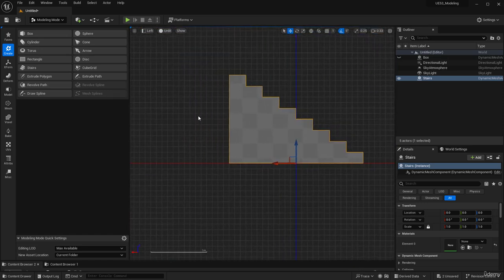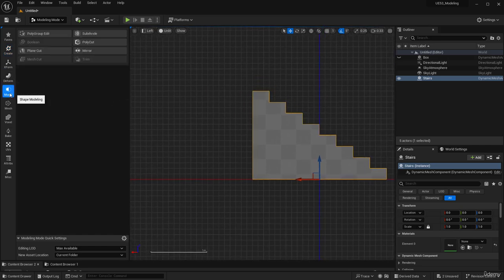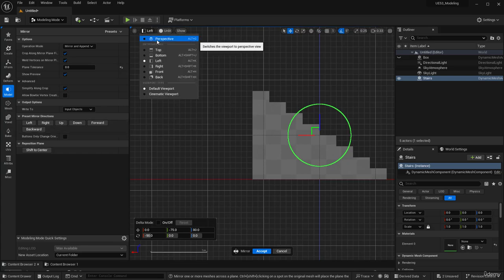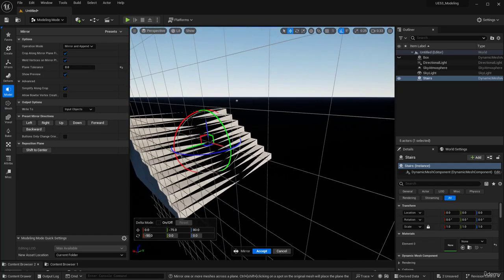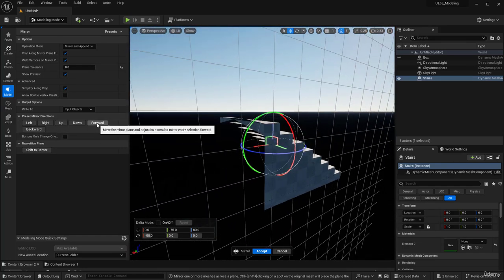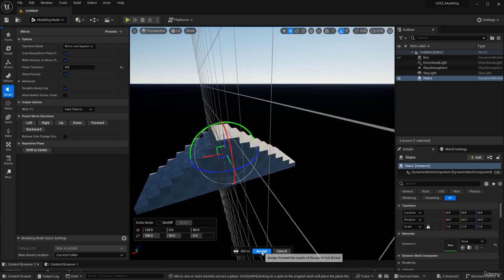I like to mirror it on X, right? If I go to the model, you can click on mirror to mirror the stairs. If you want to mirror it on X, you need to click on forward, because if you go to the perspective, you can see it's mirroring on Y. So if I want to mirror it on X, I can click on forward. This will mirror it on positive X. And now if I hit accept,